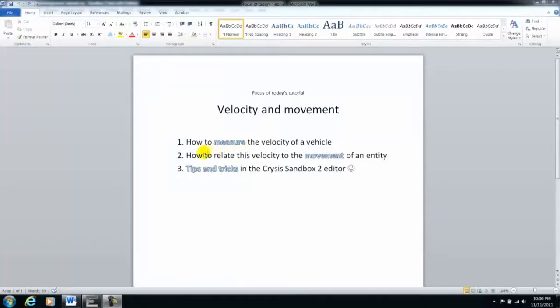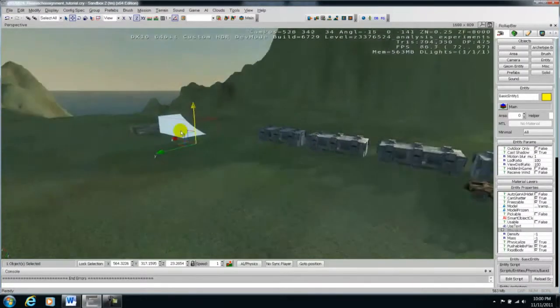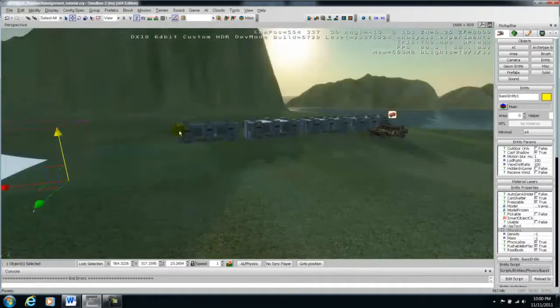We are now up to the second part of this tutorial, where we will relate the velocity of the vehicle to the movement of an entity. Once we're in the Crysis Sandbox 2 editor, we can now look at the entity which we want to move in relation to velocity. By going to the flow graph,